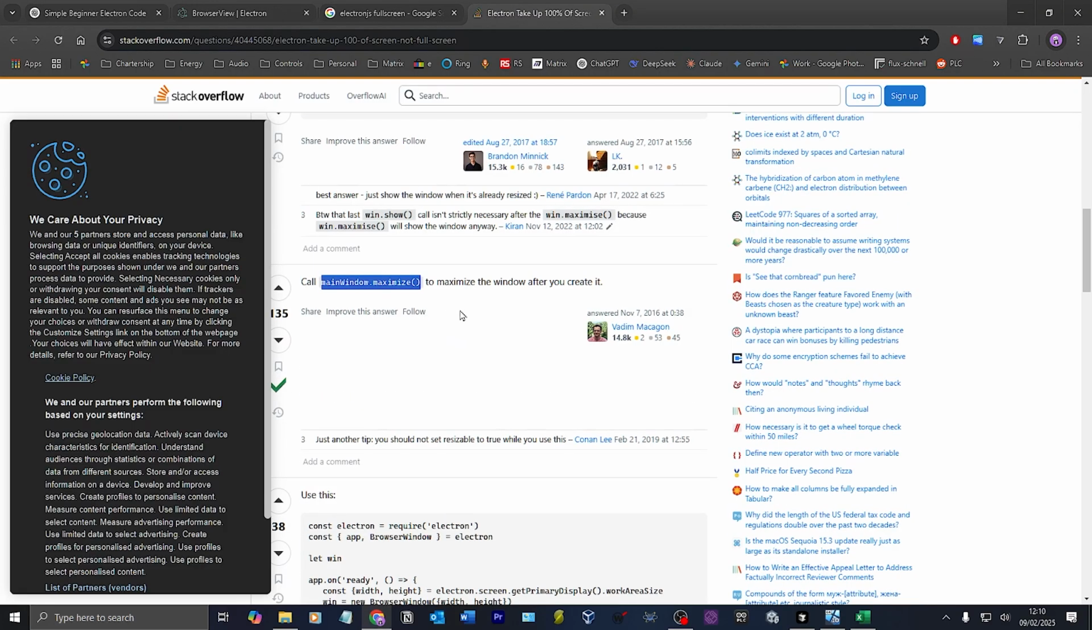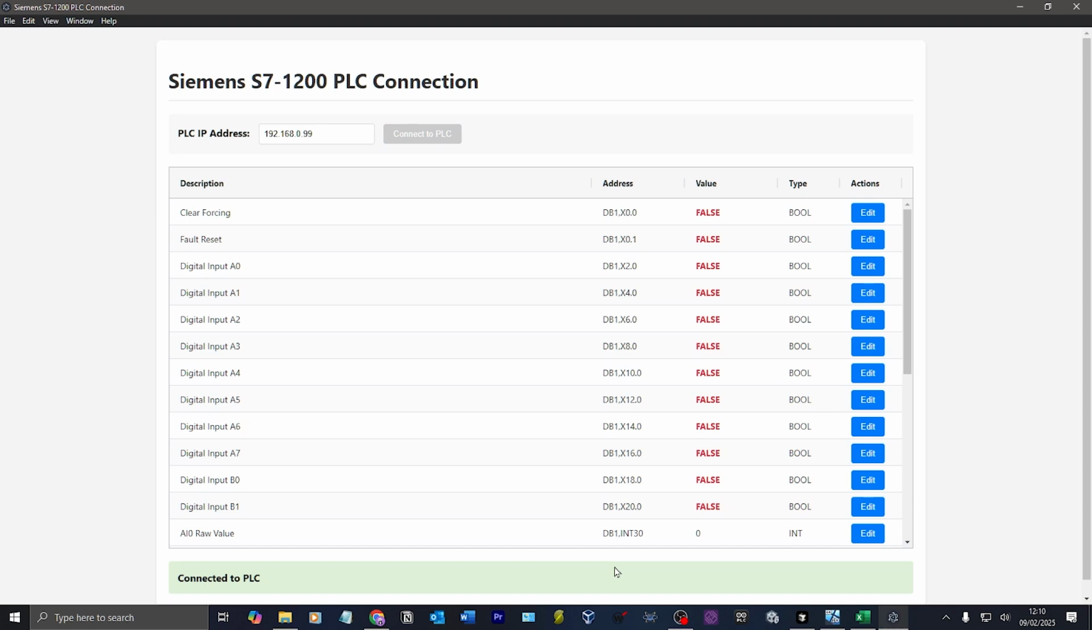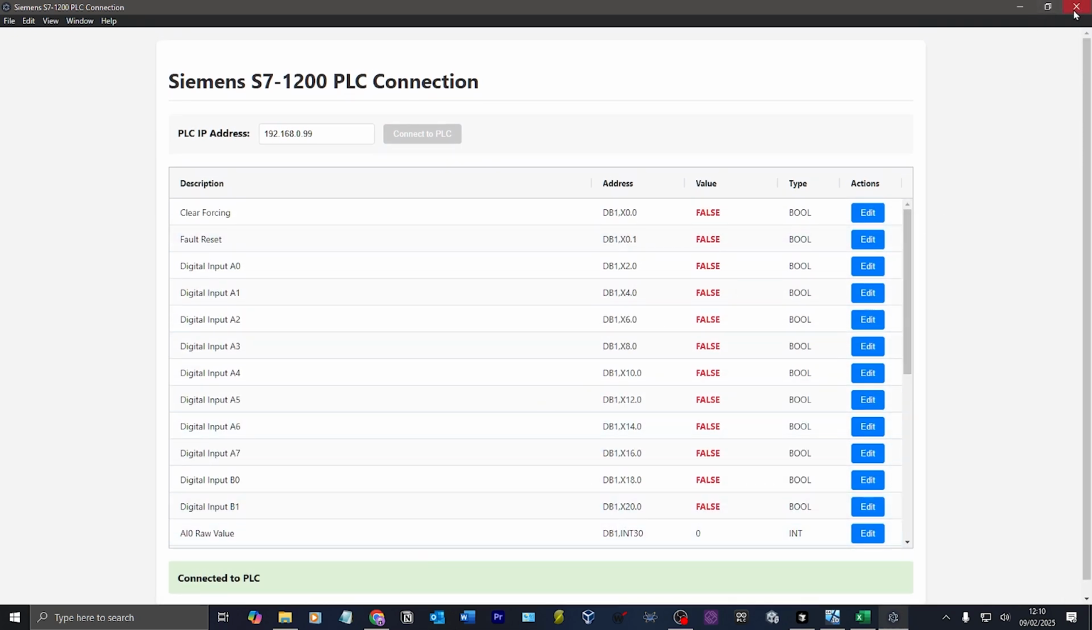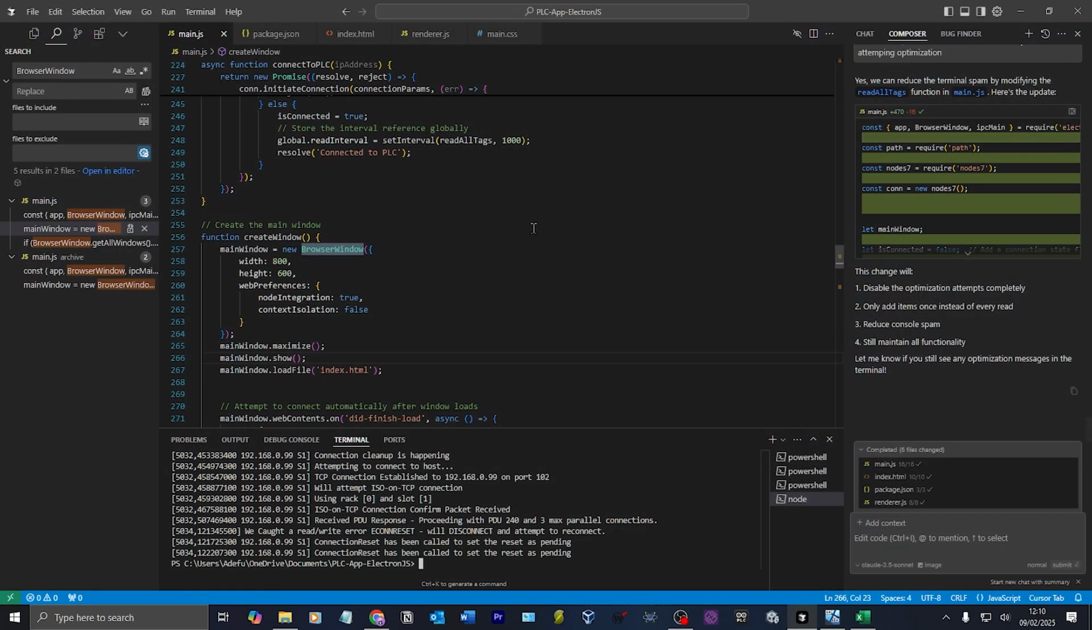Yeah. Wait, main window maximize. I'm not even sure. Like that. Save that. Run it. Hey, there we go. So that starts in full screen now. But there was a bit of a glitch there. You see, so